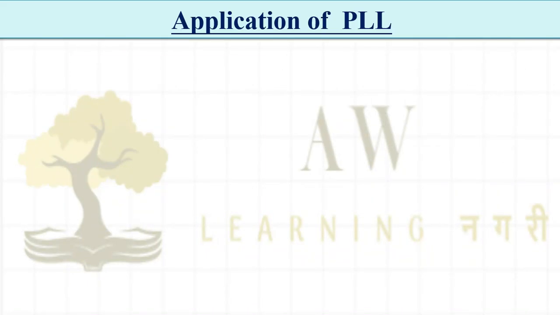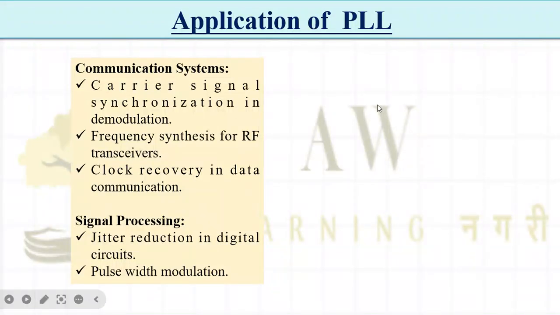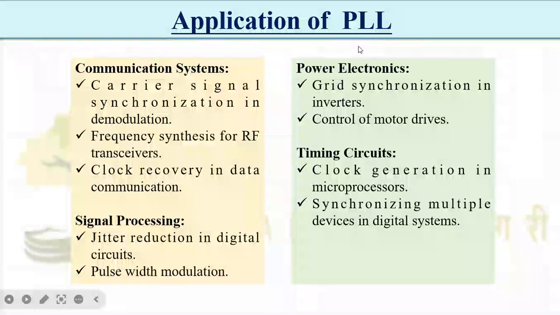Now, the applications of the PLL: what are the different fields where PLLs are required? Mostly communication and signal processing are the two well known ones. In power electronics and power systems, PLLs are also used in grid synchronization, inverter control and motor drives. Timing circuits also have good applications. As power electronics engineers, we will see in MATLAB how to incorporate the PLL block and use it for grid synchronization of the inverter. We will do some MATLAB simulation in the next class.